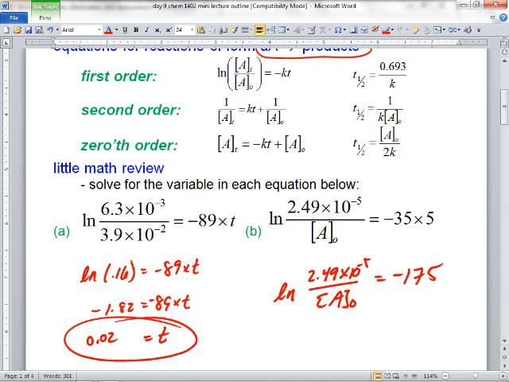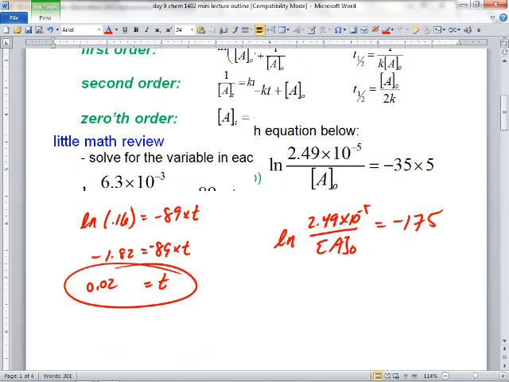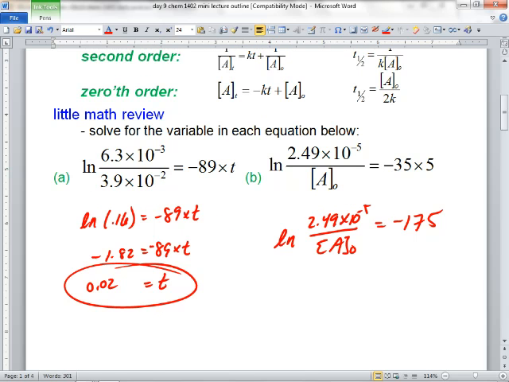We have to get rid of the Ln. So we have to remember or recall or find out what the inverse function is of Ln and do that to both sides, just to make that Ln disappear. What is the inverse function of natural log? It's e to the x. So let's not skip any steps, right? So you can remember this. Let's not skip any steps. Let's raise both sides,